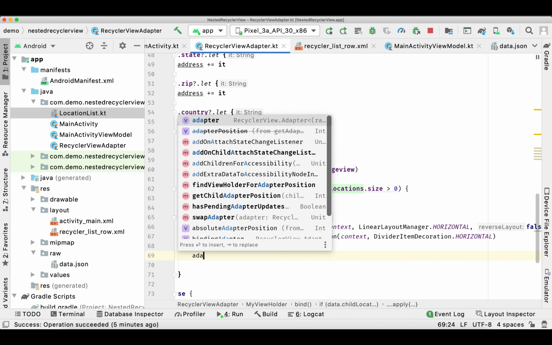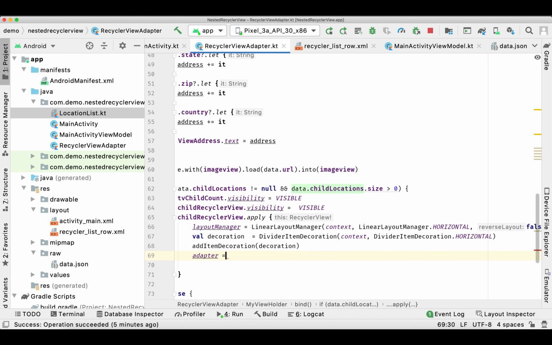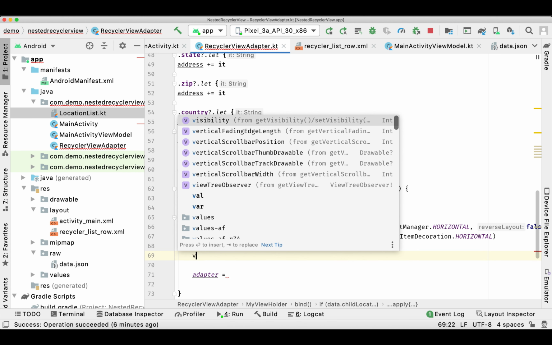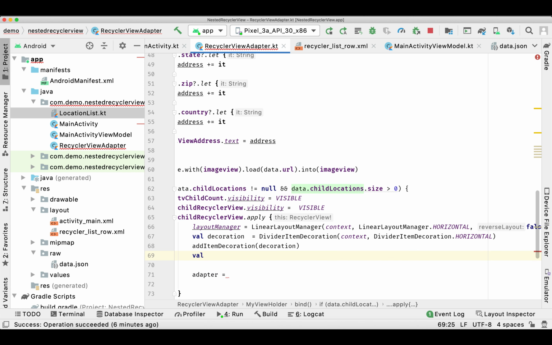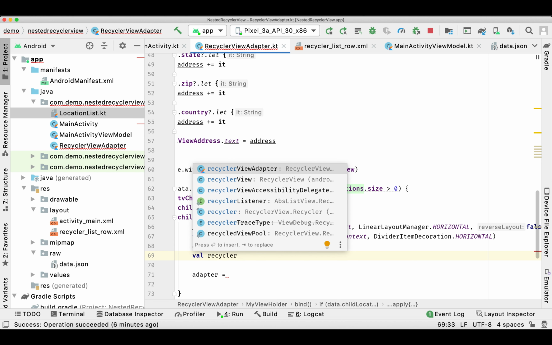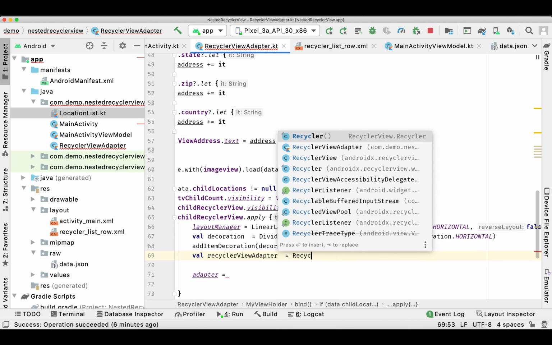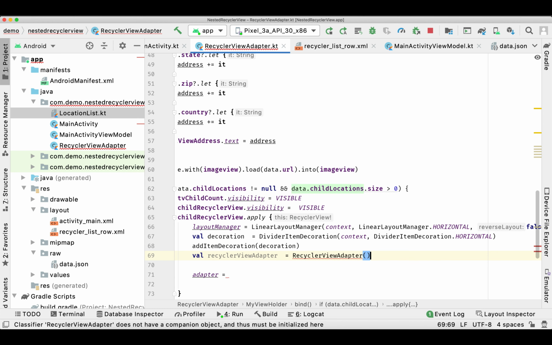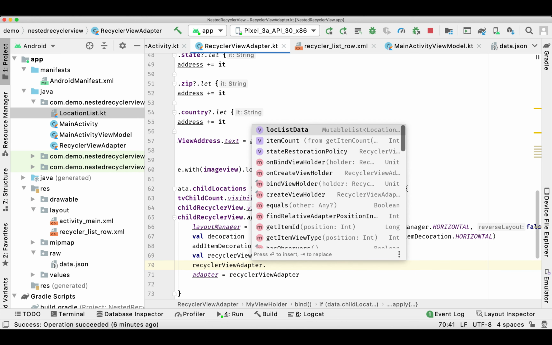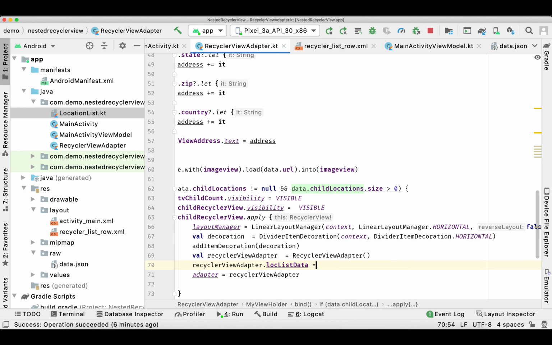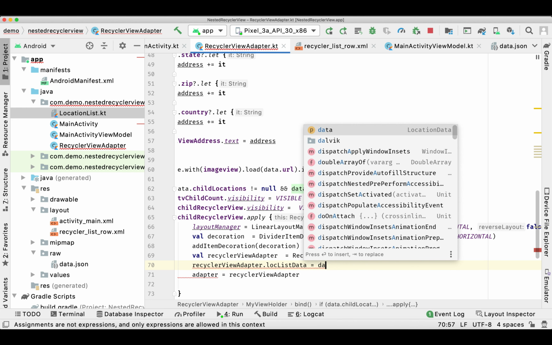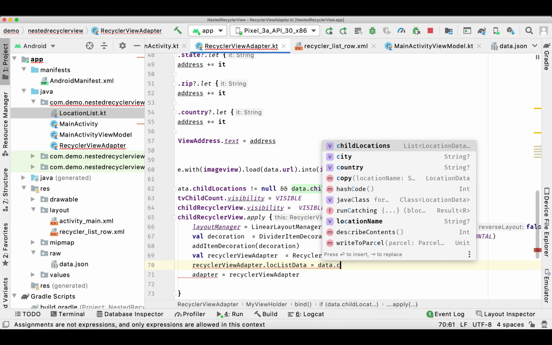And now we are going to have the adapter, so we can pass the current adapter because it's going to have the same data. If you have different data, and you need to show the data in a different way, then you can create another adapter and set it here. But since I'm using the same data, like our child element having the same type of data, I'm using the same adapter. It's totally optional.